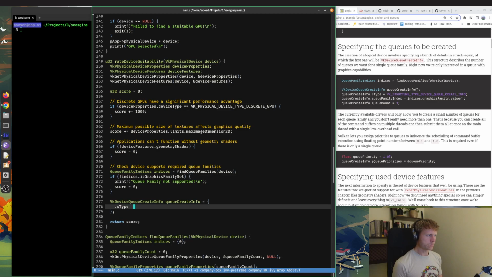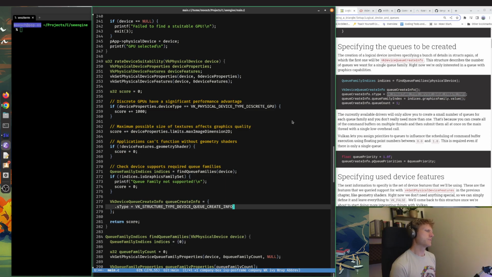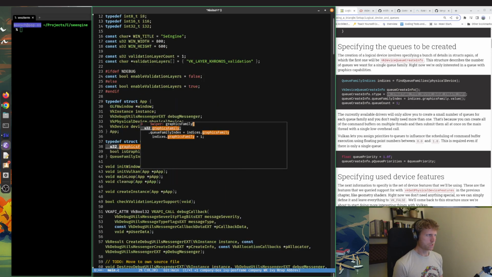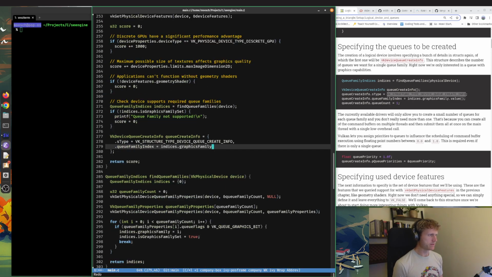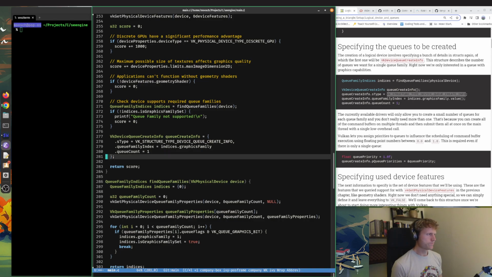The sType is equal to this macro, VK_STRUCTURE_TYPE_DEVICE_QUEUE_CREATE_INFO. All right, and then we have queueFamilyIndex, which is just going to be our indices.graphicsFamily.value. And no, it's just that. That is the index, okay. And then our queueCount, which is just going to be 1 for now because we've only got 1. All right,